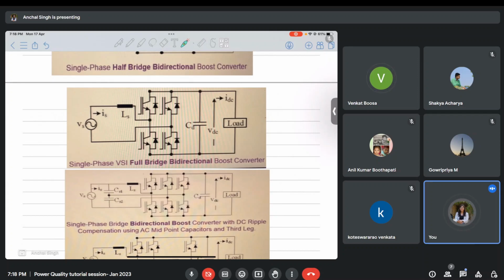See, in power electronics, in most of the active circuits, the topologies will look the same to you. What the final output voltage VDC will be depends on what switching sequence is being applied to these switches. That defines the whole purpose. I can use this standard H-bridge converter to generate AC voltage also. I can use this standard H-bridge to generate DC voltage also. It depends in what way I am using it. So the switching pulses determine these.